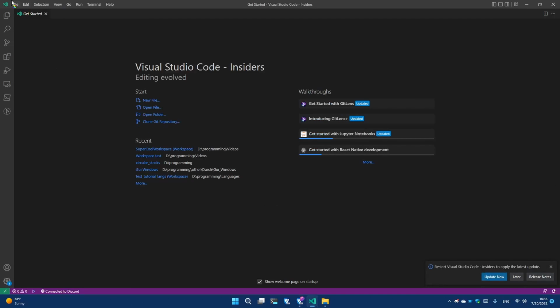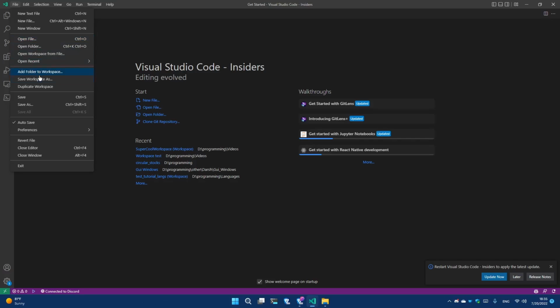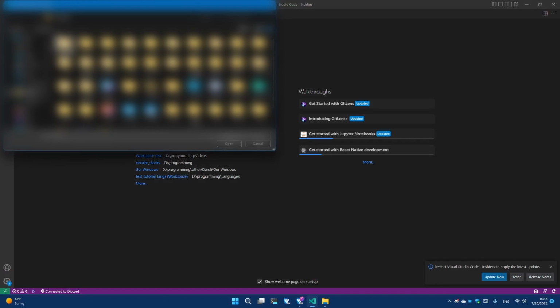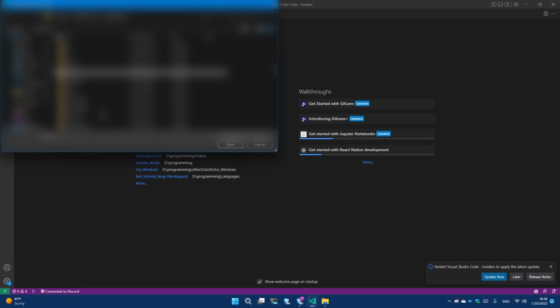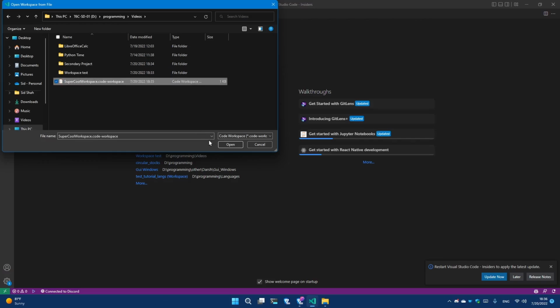So now we're back in the home page, and if I ever want to open that workspace again, I can do Open Workspace from File, go all the way to that folder, and, come on, there you are, and open this code workspace, which I'm pretty sure is just, oh,